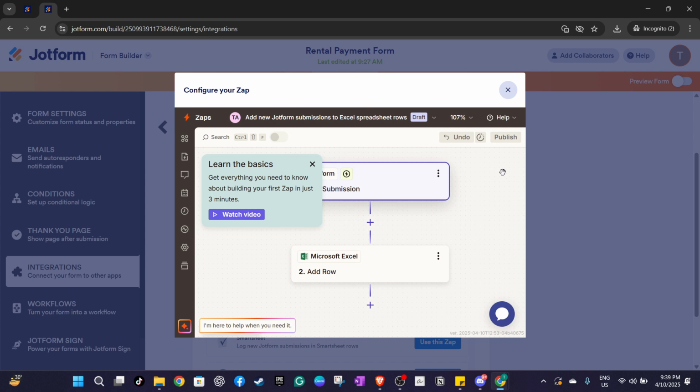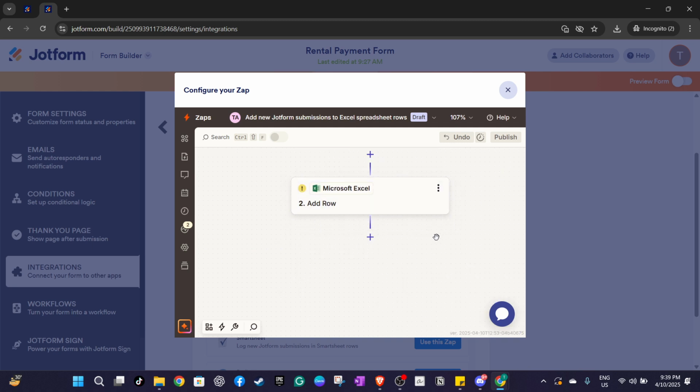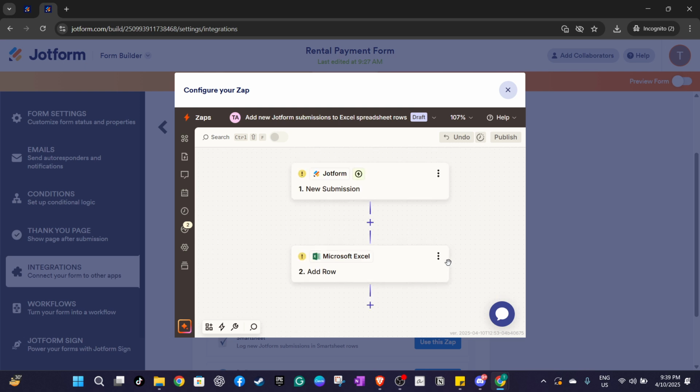This mapping step is crucial as it tells Zapier exactly where each piece of data should go in your spreadsheet, making sure all entries are correctly placed for easy analysis. With these steps completed, your Jotform and Excel are now connected, ready to work in unison for smooth and efficient data management. If followed correctly, this integration will save you time and provide greater